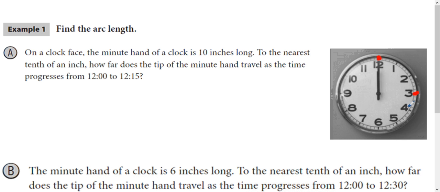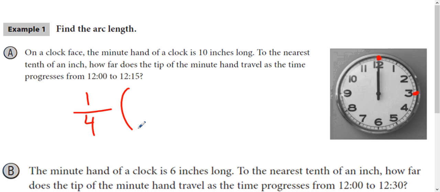So we don't actually know angle measurements, but we can figure out how much of the circle it is, because that's 15 minutes out of 60 minutes for the whole hour. Or you could just think of it as, since it's going by the number markings here, it's 3 number markings out of the entire 12. Either way, it ends up being a quarter, 1/4 of the circle. It's either 3/12 or 15/60, whatever. So it is 1/4 of the circle when you reduce whatever fraction you take from 12 o'clock to 12:15,